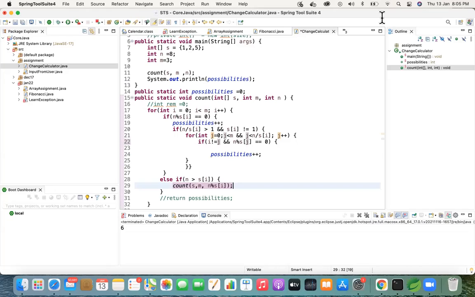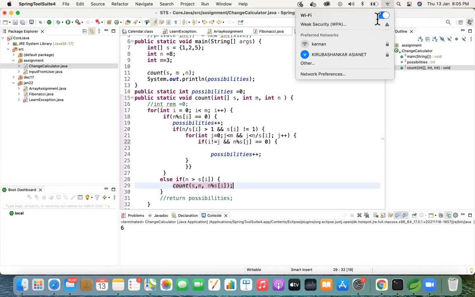One moment. I think I have some issue with the network connection.